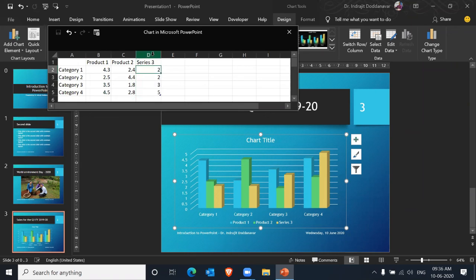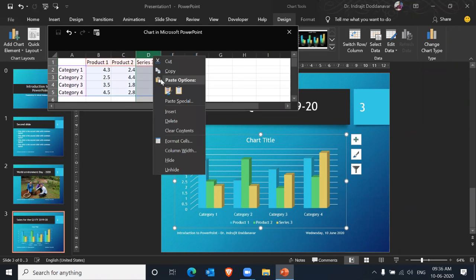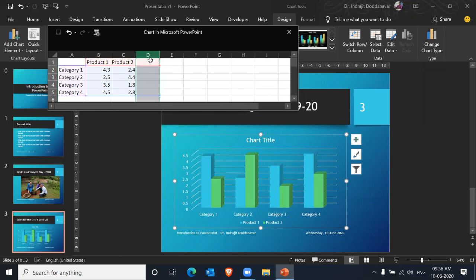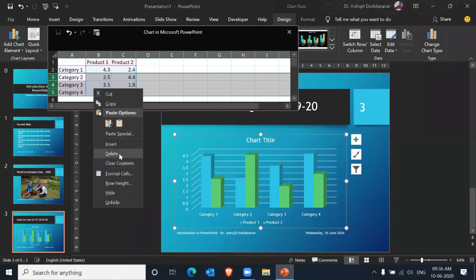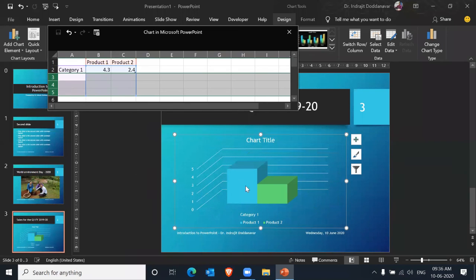So what do we do? We click on D and right click and say delete. So once we delete, the entire column is deleted. And you can see that there were 3 rows earlier and there are 2 rows now, only 2 rows are there. And also this slide will show only Q1 sales. So these 2 to 4 categories are not required. So you select them by clicking on 3 and dragging it to 5. Right click and say delete, right? So you will get only one set of columns.